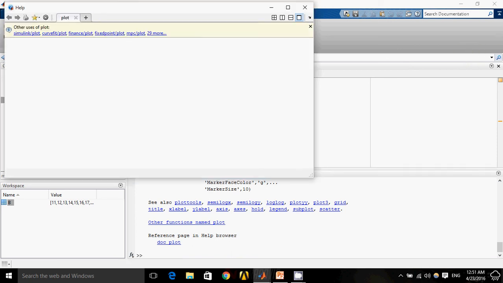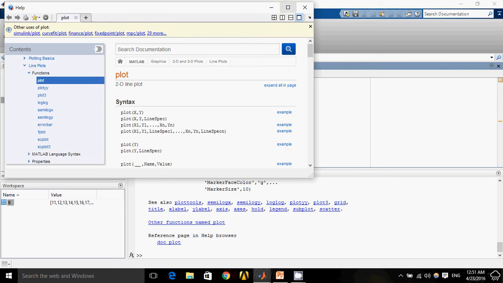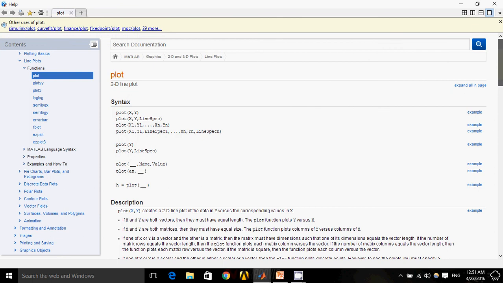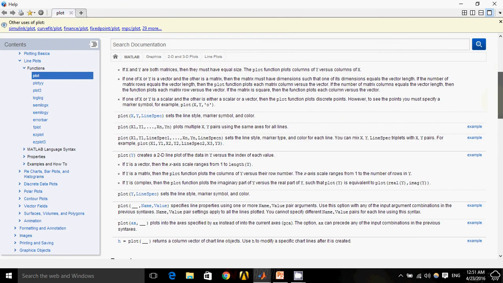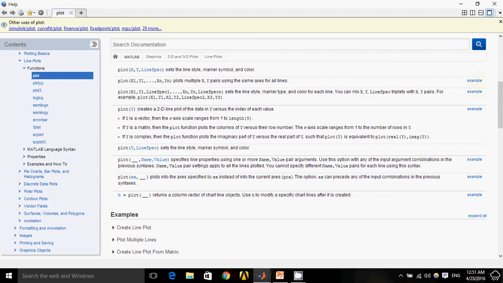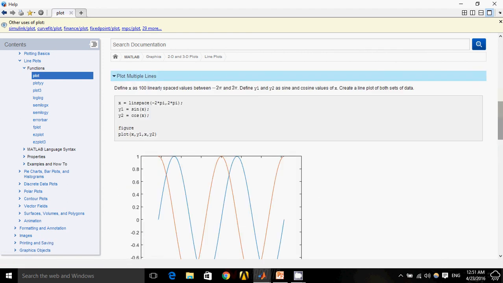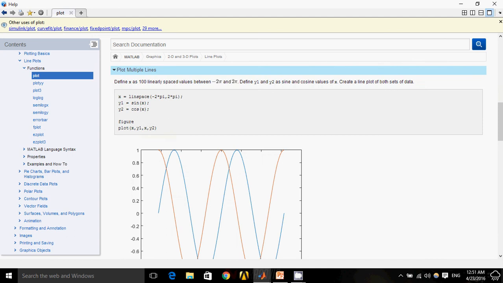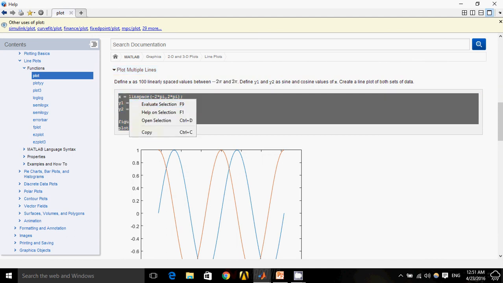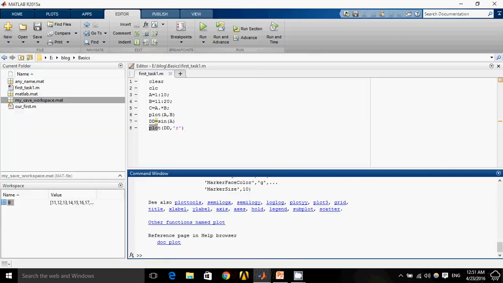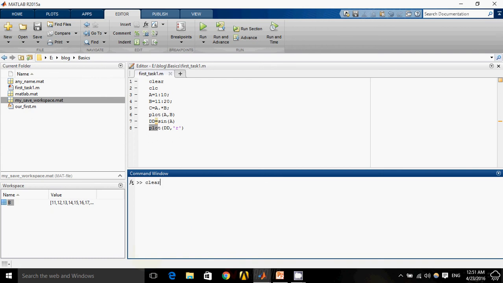It will give me how I can give different styles, different legends, and all these things related to plot will be in my document. Okay, axis, what is axis, what is subplot. So all the information related to plot will be given to you in the form of a document.